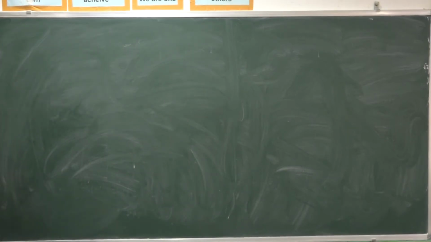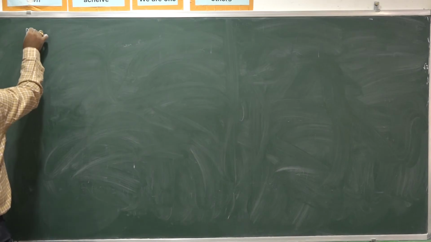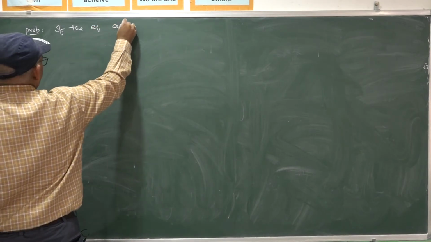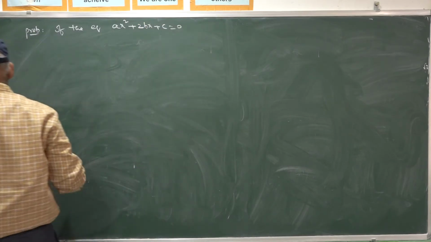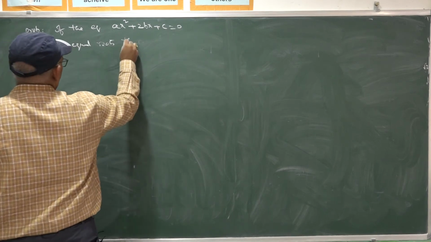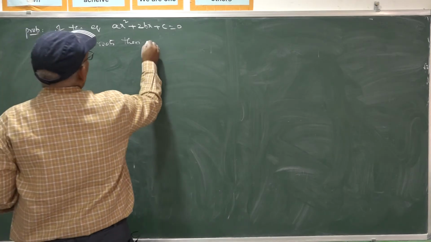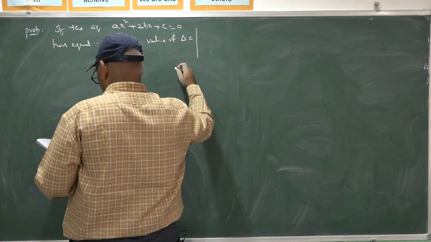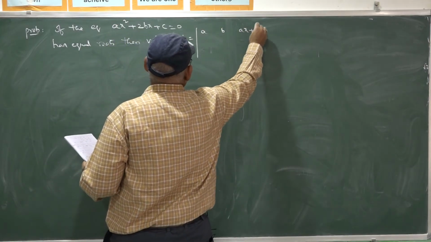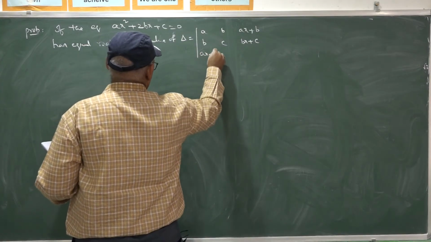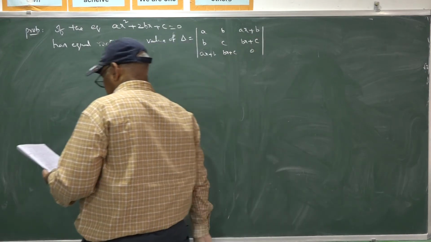Next problem. If the equation ax square plus 2bx plus c equal to 0 has equal roots, then the value of the determinant delta, with rows a, b, ax plus b; b, c, bx plus c; ax plus b, bx plus c, 0, is